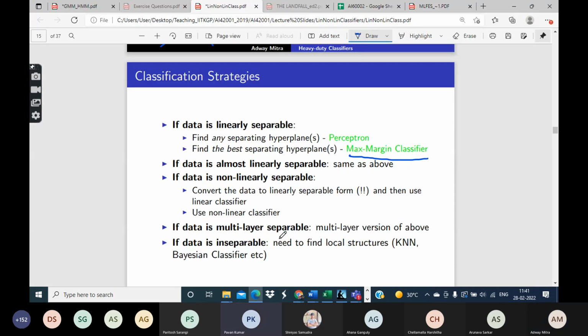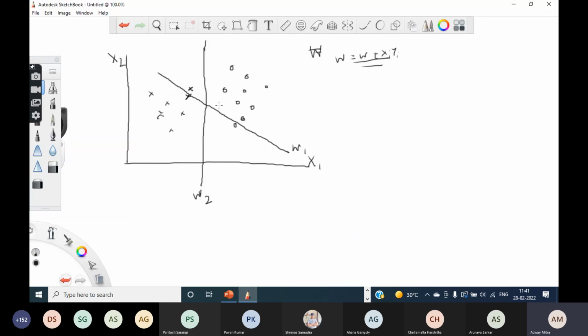Sir, in the case of max margin classifier, we always get the same line, same hyperplane, whereas in the case of perceptron, we may get different hyperplanes. Even in the case of max margin classifier, it may be possible in some situations that there are multiple lines or hyperplanes which have equally large margin from both classes. But in general, we can expect it to have a unique solution. But yes, in the case of perceptron, it can converge at any point. There is no guarantee about where it will converge.